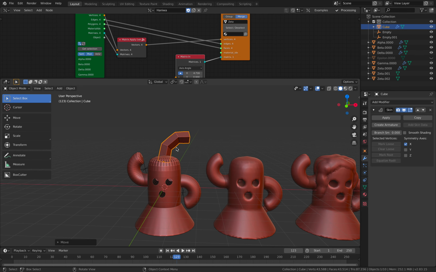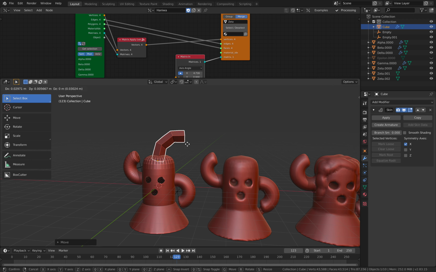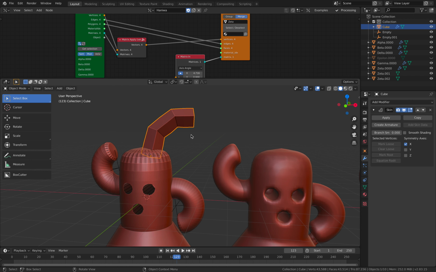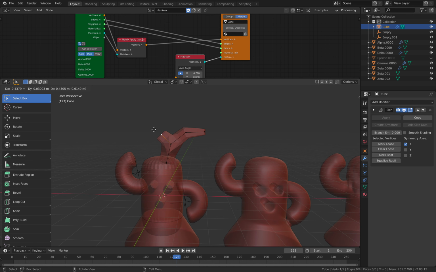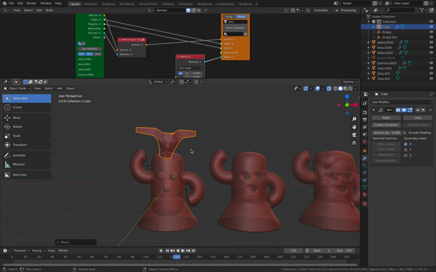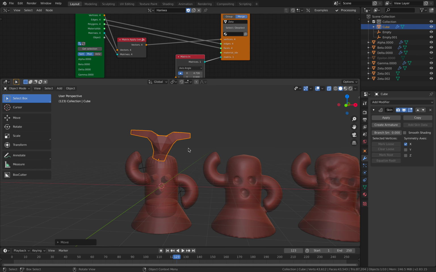You can attach this to the character. You can still shape it. If I go back to edit mode and enable X-ray, the skin modifier is really quite powerful. Not many people talk about it these days, but it's actually super powerful. You can create branching. It's almost like ZBrush's ZSphere a little bit. Let's say you have something like this. You can subdivide it,